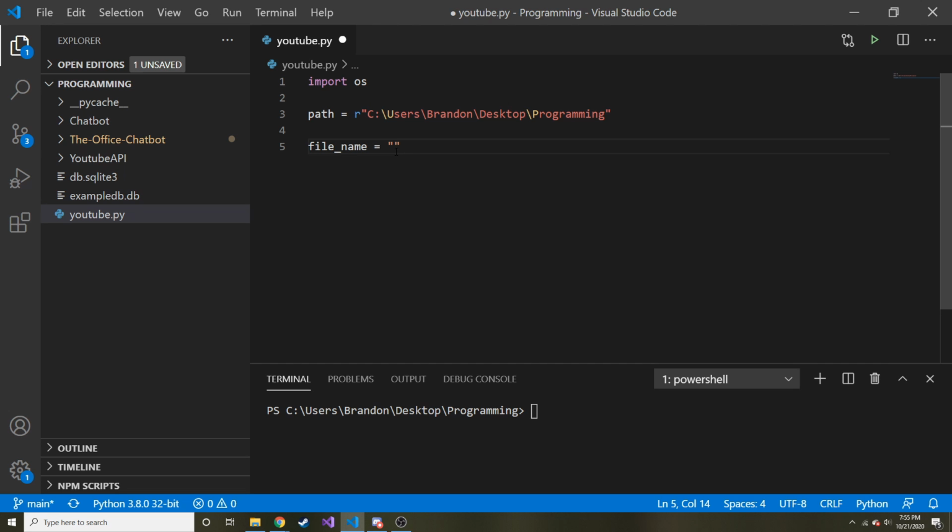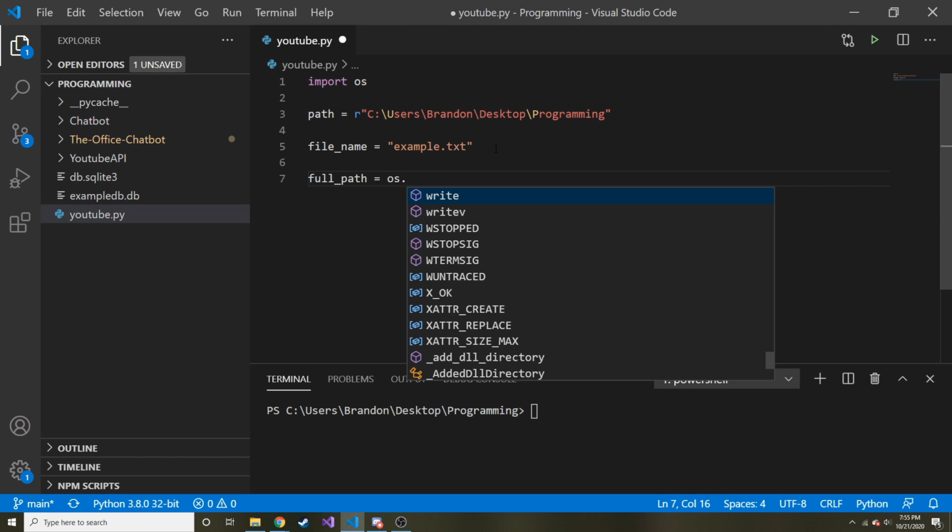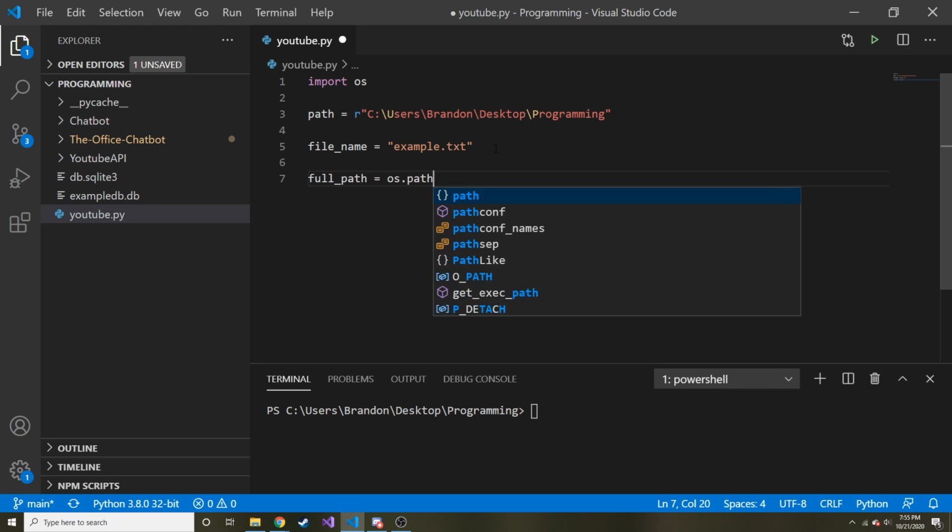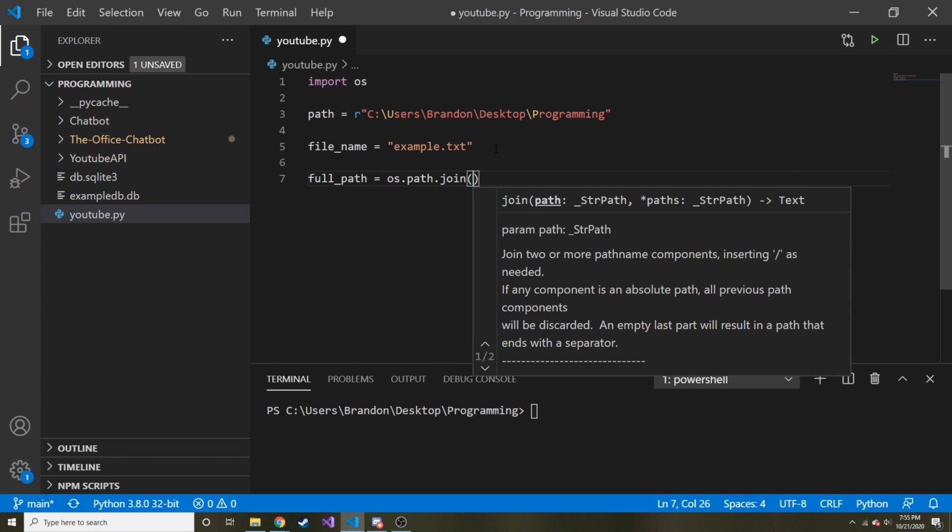So the file name for our text file, let's just call it example.txt. And what I'm going to do is combine this path and then basically add another slash and then the name of the text file. So the way we can do that, full path is my variable. So the way we can do that is os.path.join. And then the first part is going to be this long path,